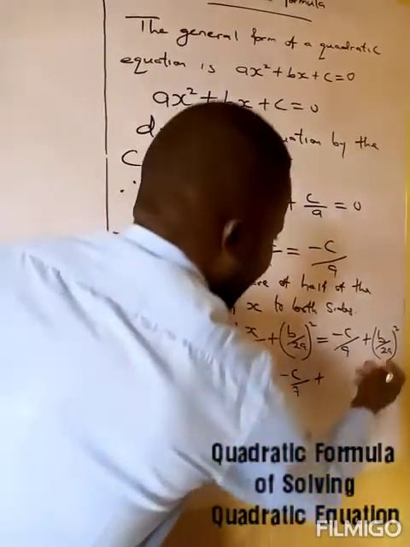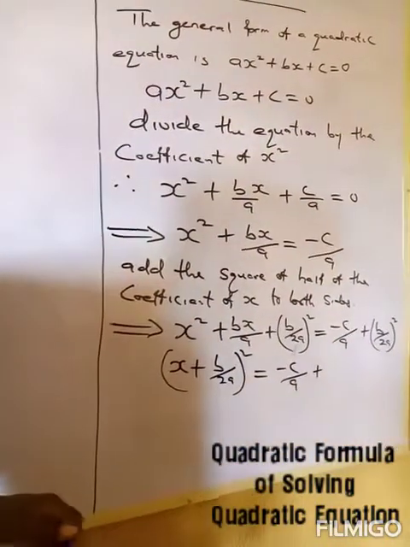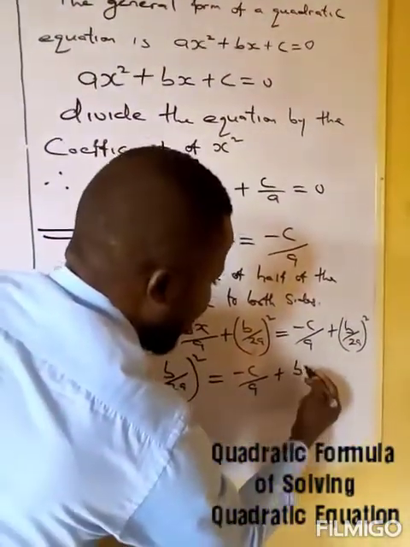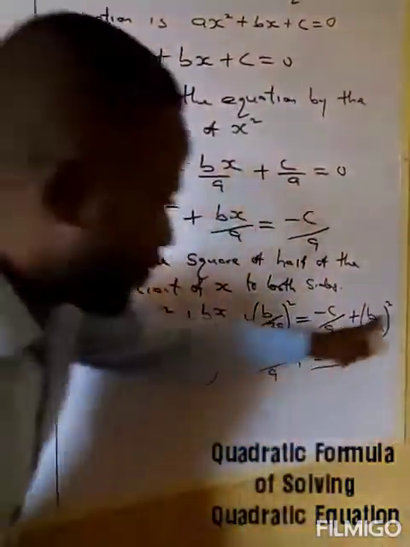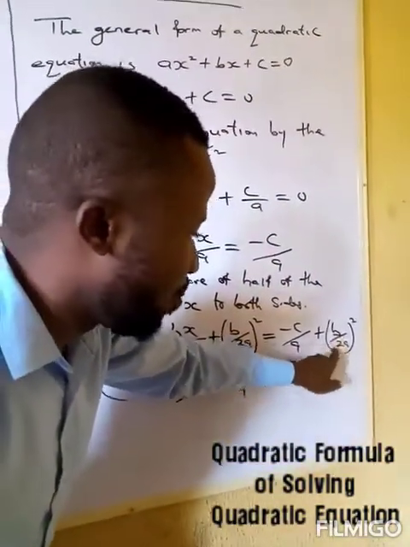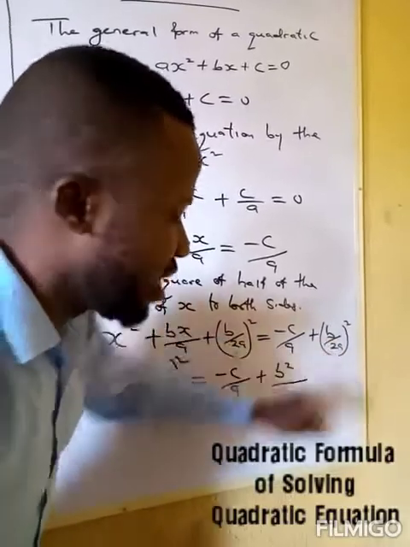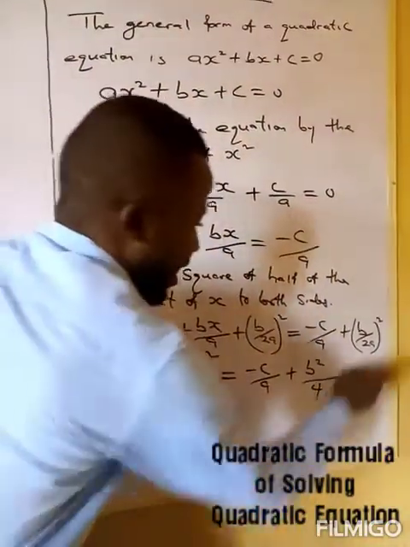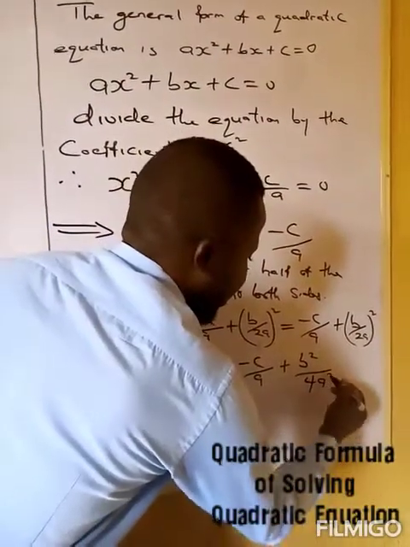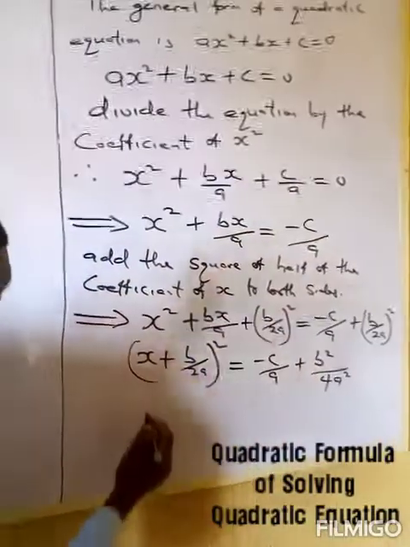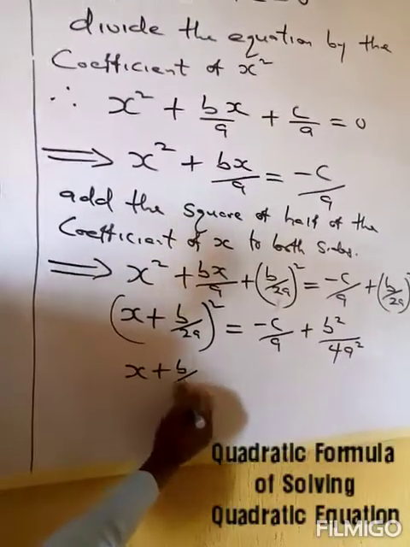a plus b over 2a all squared. Here, I can simply open this bracket by saying b raised to power 2 becomes b squared over. Don't forget, this power of 2 affects both the numerator and the denominator. Therefore, 2 squared gives us 4, and a squared remains a squared. From here, I can say s plus b over 2a